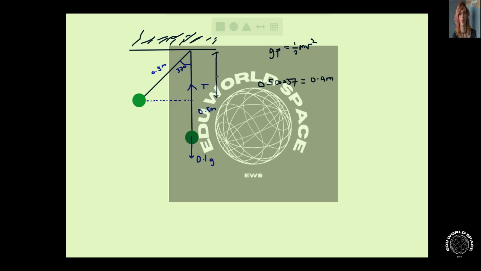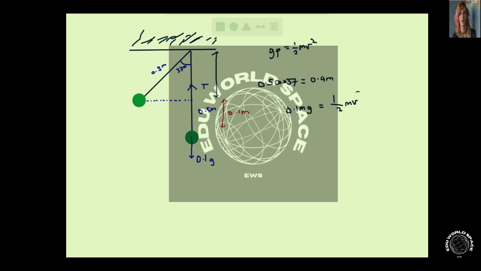So this gives us this length. However, we want this length underneath. So what we need to do is subtract this from the length of the overall pendulum to find out that this is actually 0.1 meters. So what we can do now is say that 0.1 mg, which is the change in gravitational potential energy, is equal to 1/2